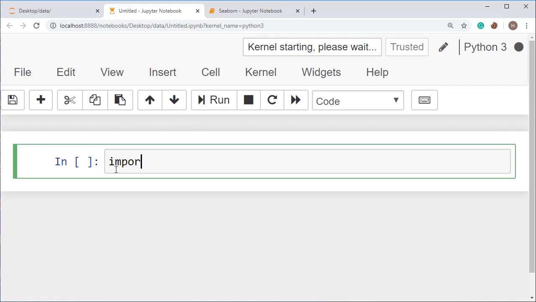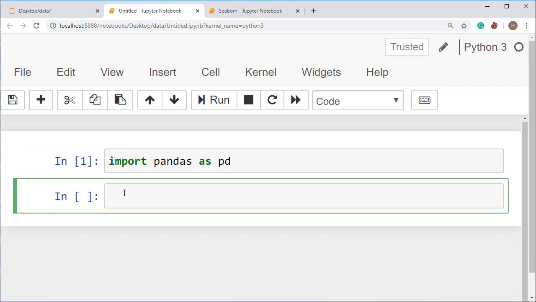Now import pandas as pd. This is the library which will help you to work on the data set.